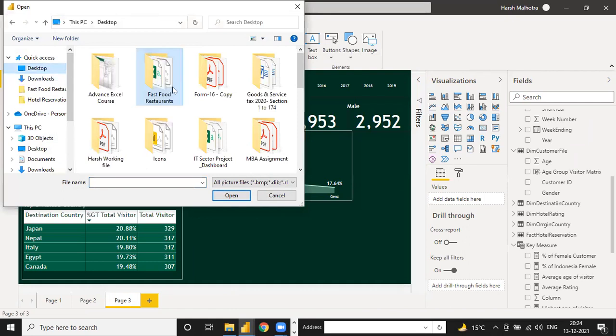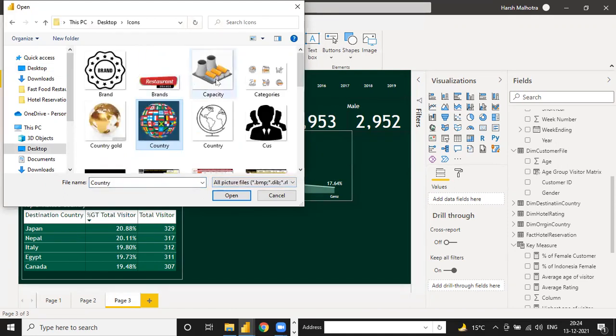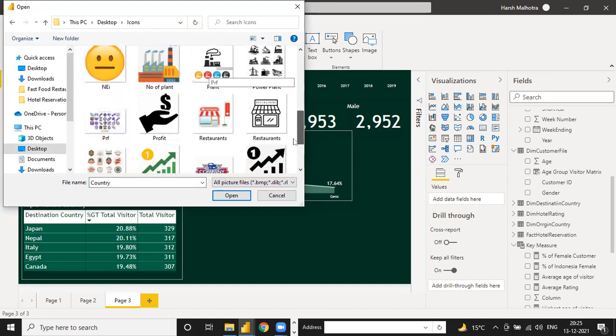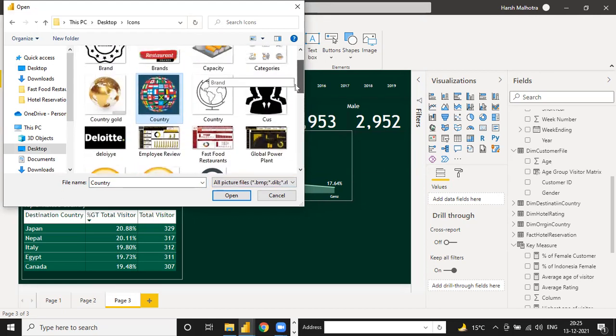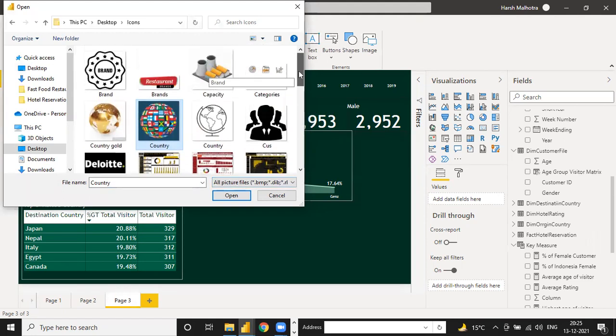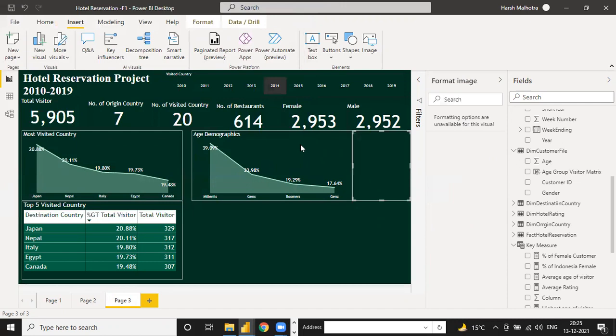So you can just go to this download option, the icons file, and in this file change whichever you need. Suppose age demographic like this one, and just click on open.